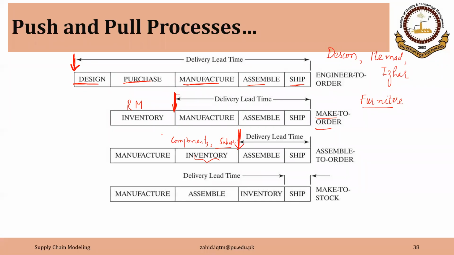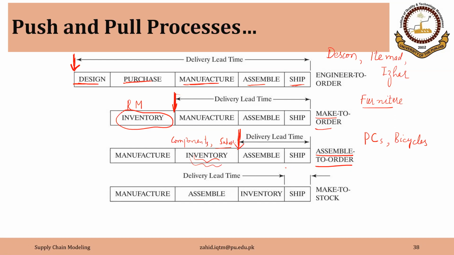So sub-assemblies and components. Here in the case of make to order, it was the inventory of raw material, but in assemble to order, this is the inventory of components and sub-assemblies, and we assemble them according to customer order, so assemble to order. So a classical example are personal computers. Some organizations do assemble, for example, bicycles for kids as per order. So different elements are joined, specific seat design or specific frame design are assembled as per customer requirements. And there are other examples as well.